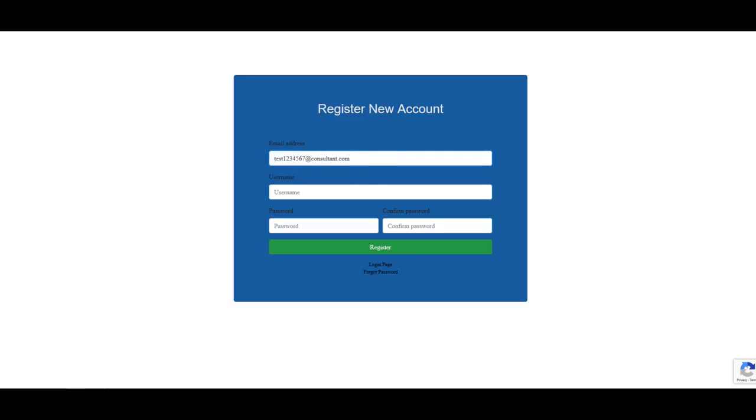And then come up with a username. Hopefully this test username isn't already in there. And then I'm just going to copy and paste my password. Anytime I set up an account on the internet, it doesn't matter what it is, I always start with